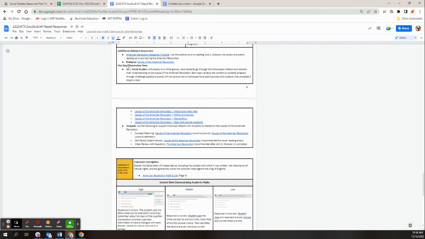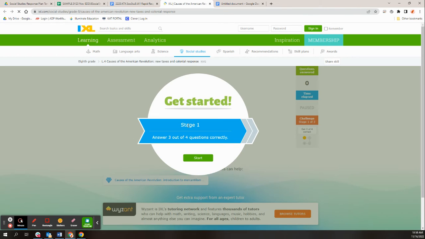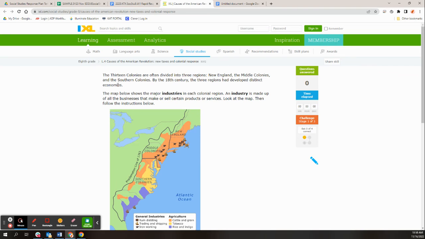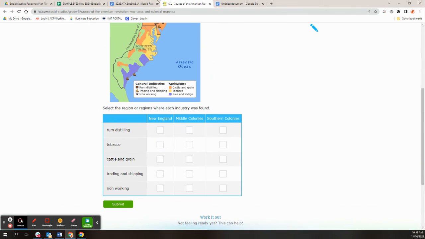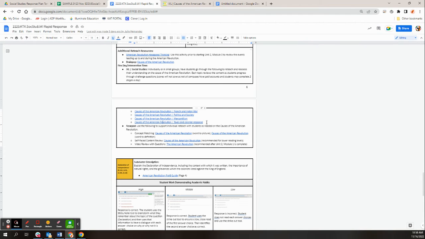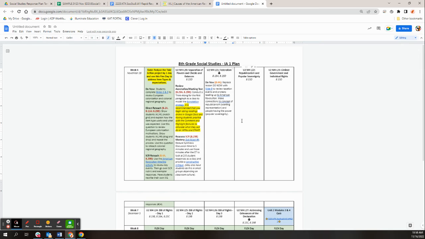I see where it says flex day intervention. I can do the IXL thing. It would be pretty short because our campus doesn't pay for it, but let me see what the taxes one looks like. Oh, so it gives an explanation. It's in a little game. It practices with the item type. So I'm actually going to go ahead and put this link on my plan so I know. And I'm just going to put the note.